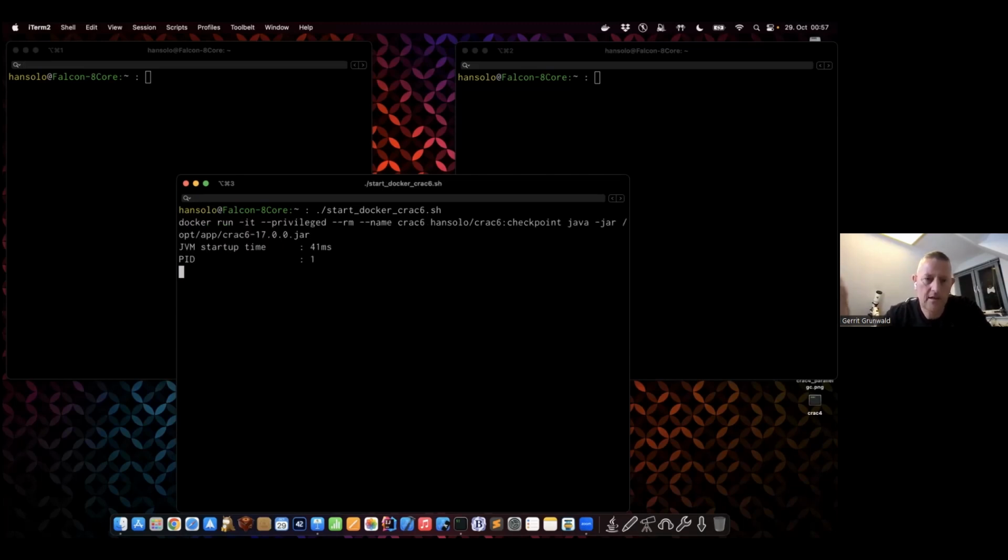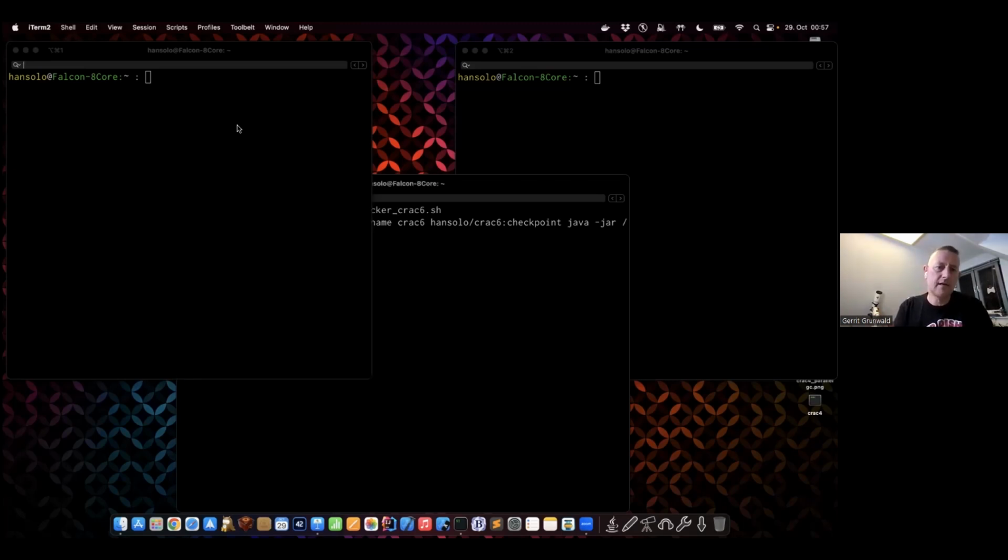So I started, and you see the plain JVM startup time is just 41 milliseconds, but my code now takes longer to optimize. So I think it's around 8 seconds. So we would see that. Here we go. So at 11 seconds, that's the time to first response. So now I created a checkpoint, and I did that after this was run. And now let me restore this one. Restore. And now you will see,